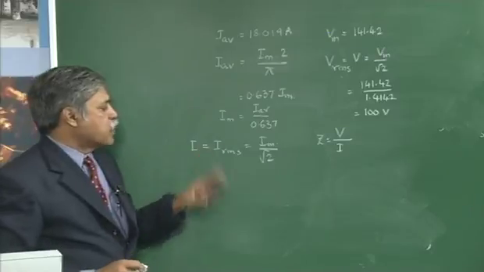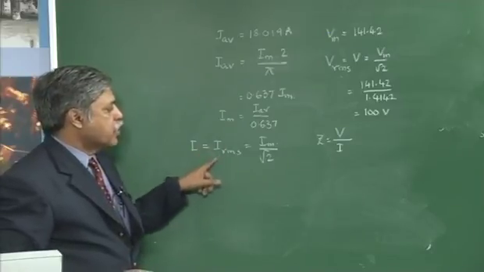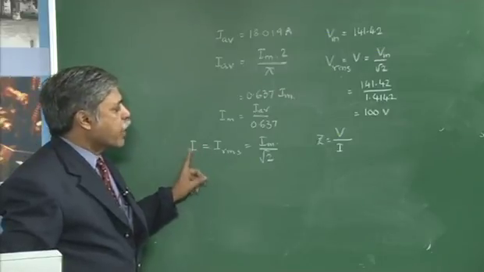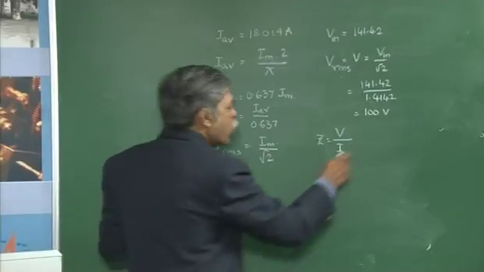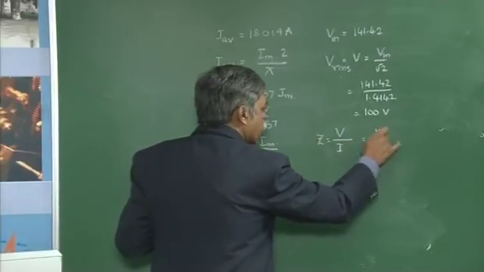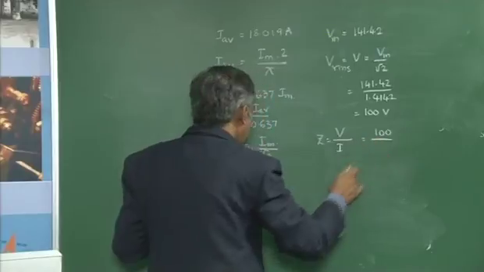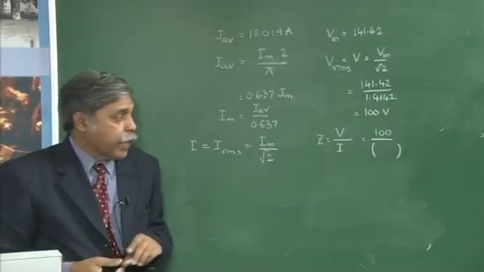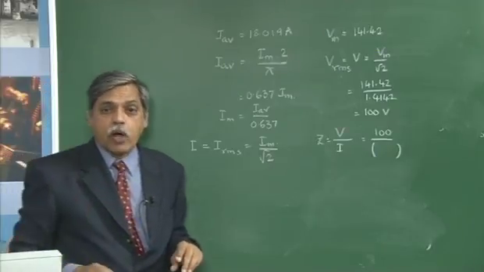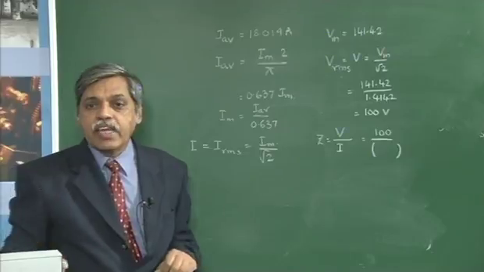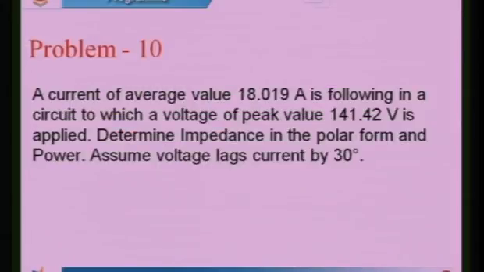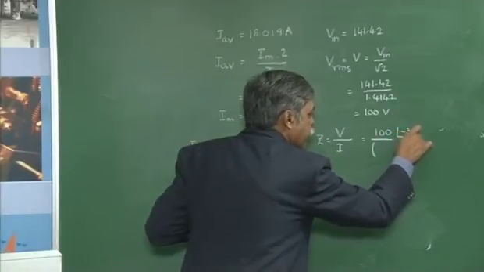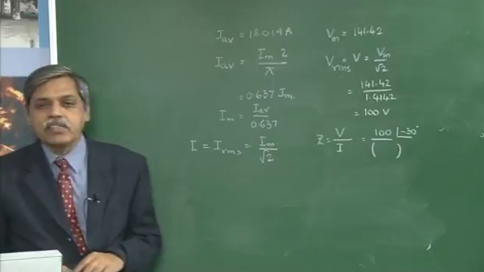I stands for the RMS value, or you can also use this notation. Generally, whenever I mention capital I for AC circuits, the value of the current will be the RMS value, okay. So here the RMS value of the voltage is 100, and the RMS value of the current is I maximum by root 2, okay. Now if you see the last line of the problem, it says that voltage is lagging current by 30 degrees, therefore I should put an angle of minus 30 in the numerator, okay, minus 30 in the numerator.